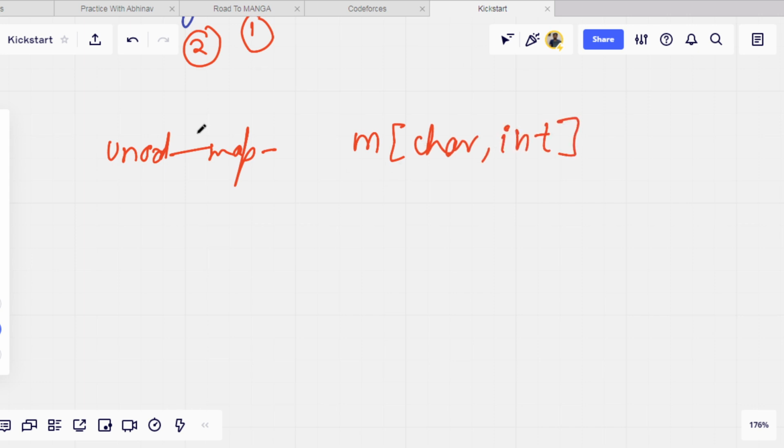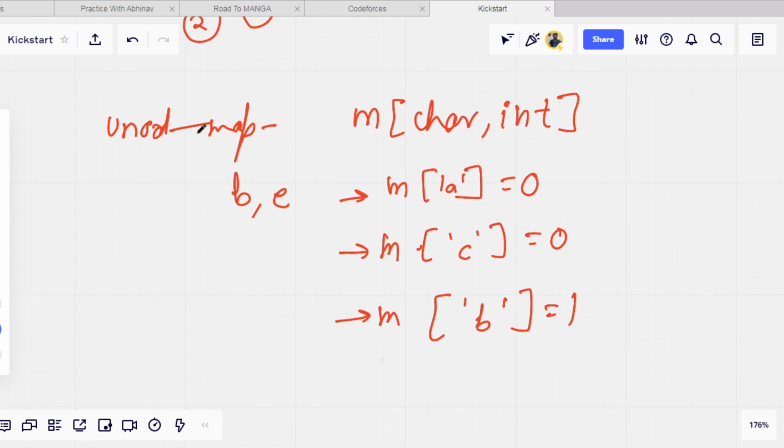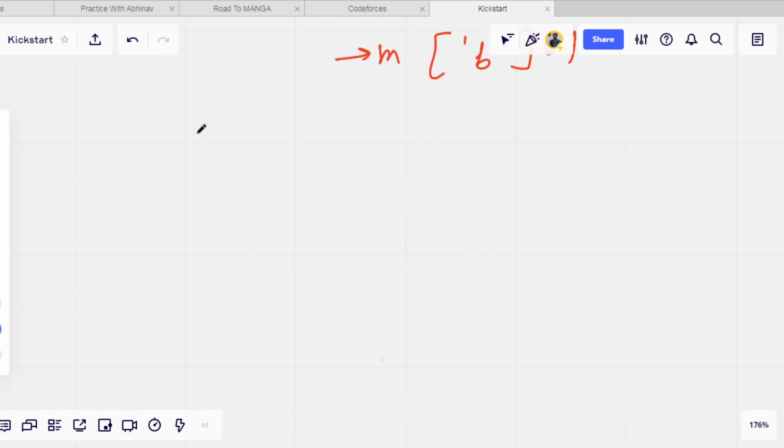For example, we have taken the favorite characters as B and E. For all other characters the value in the map will be 0, for example for A and for C it will be 0, but for B it will be 1, and so on. We will use this map only to check whether a character is favorite or not.